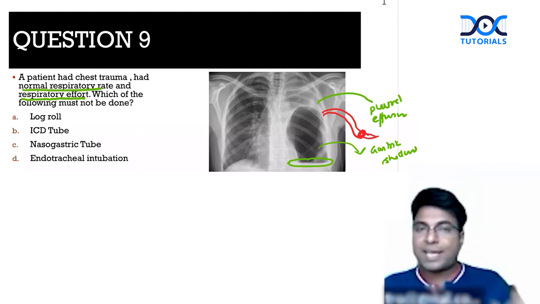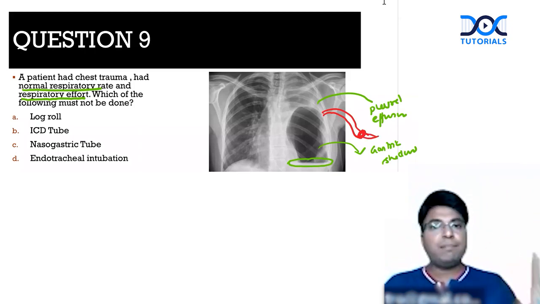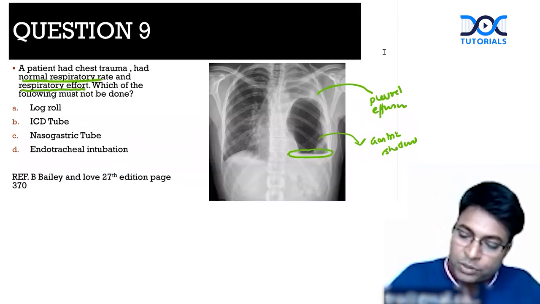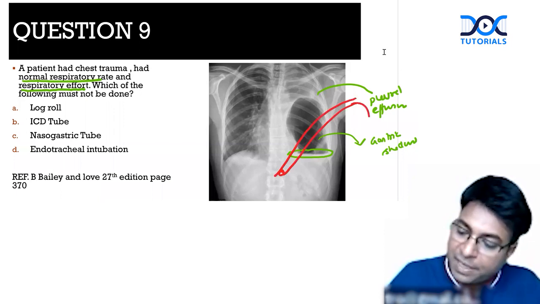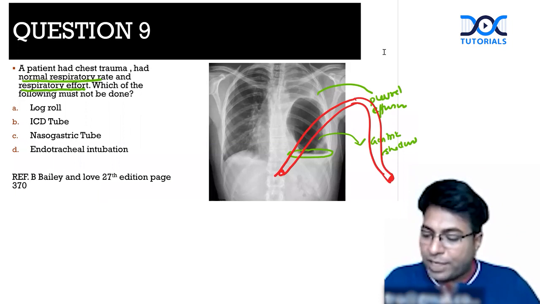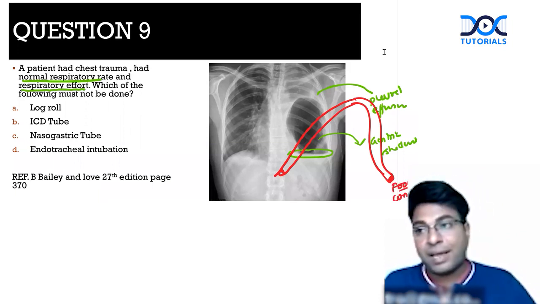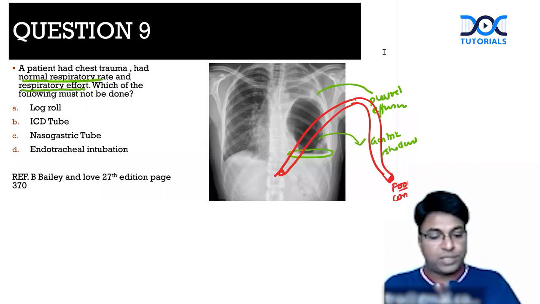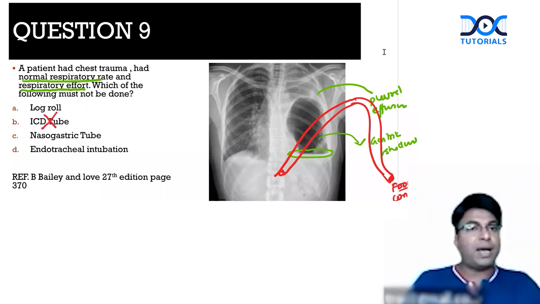I have seen 2 cases of ICD being put in a traumatic diaphragmatic hernia. That ICD tube is going through the diaphragm and into the stomach, and the patient presented to my clinic with the ICD showing food contents coming out. The moment I saw the food content, I could say it was a diaphragmatic hernia. The surgeon had put a tube thinking it is a pneumothorax or a hydropneumothorax or a pleural effusion. So an ICD tube is absolutely contraindicated.